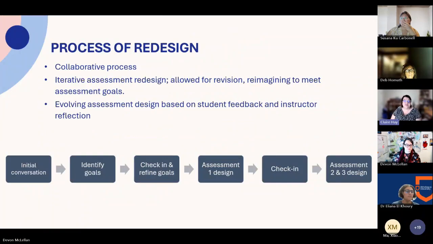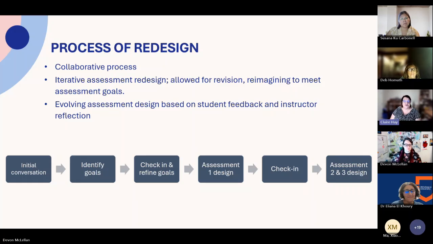So the process of redesign was very much a collaborative process, and I would encourage any of you on the call who have not yet worked with your teaching and learning centers to reach out. That collaboration between someone who is more versed in pedagogy and yourselves as disciplinary experts is powerful. It allowed for iterative assessment redesign.